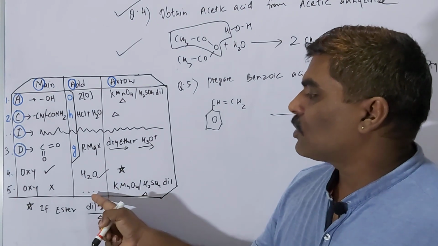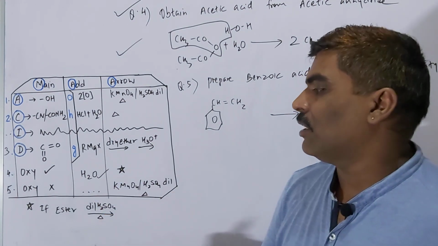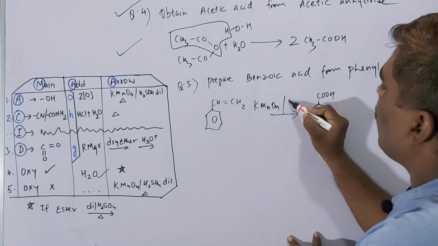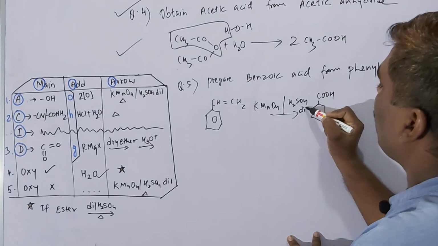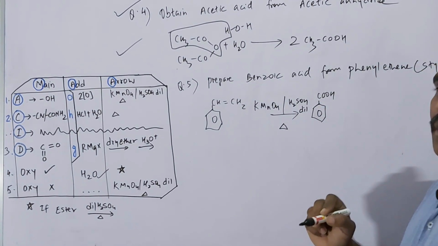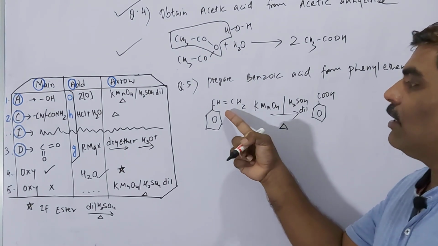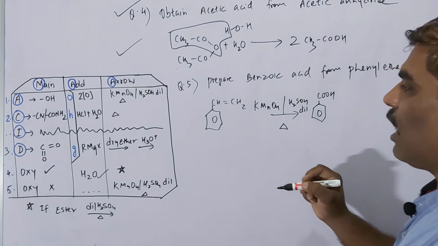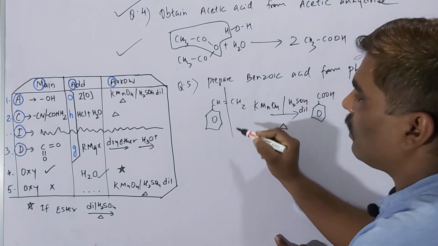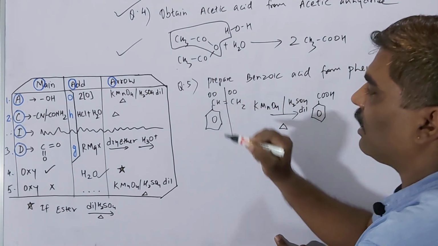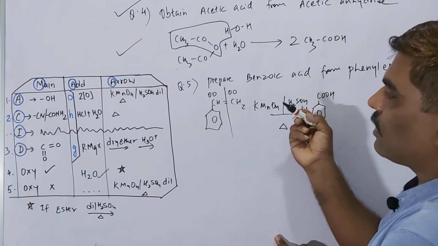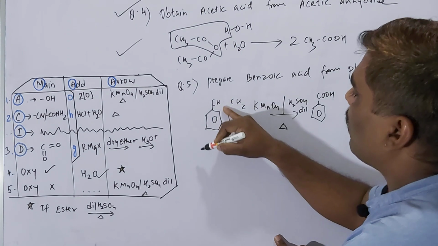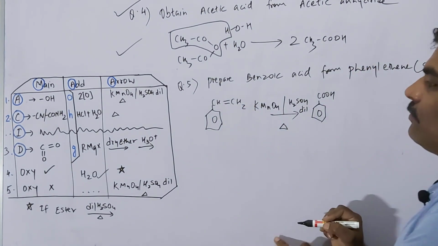So number 5 means, addition, nothing I have shown here. Directly what we have to do is write KMnO4 and sulfuric acid, dilute and heat. Means what has actually happened? This undergoes oxidation. This is the oxidizing agent here. Generally what happens is, if you see, this bond is broken and oxygen goes here, the remaining oxygen on the other side. So we get CO2 and water. Only this much we will write, no need to go for further part of it.